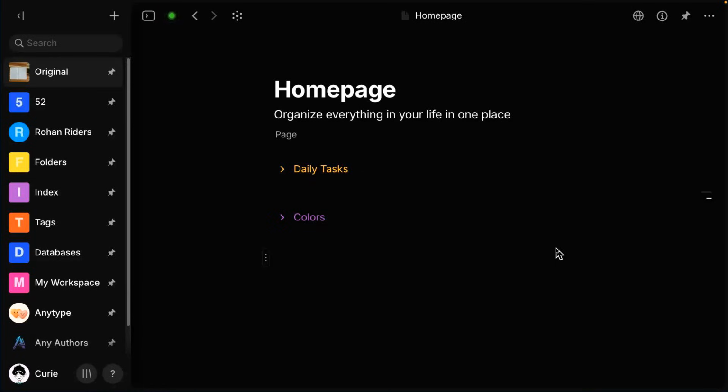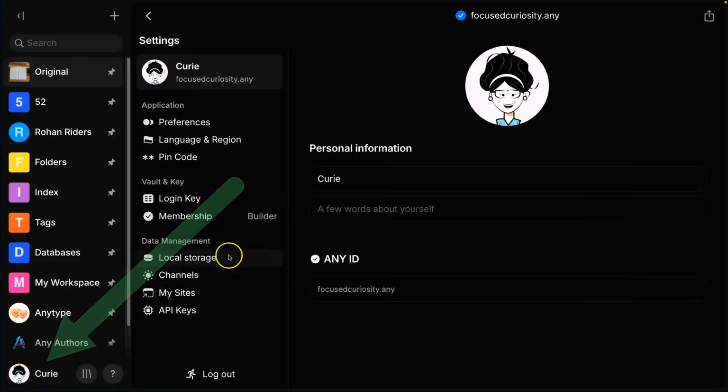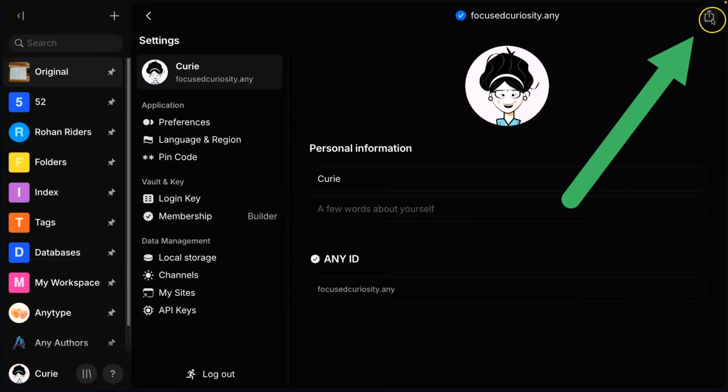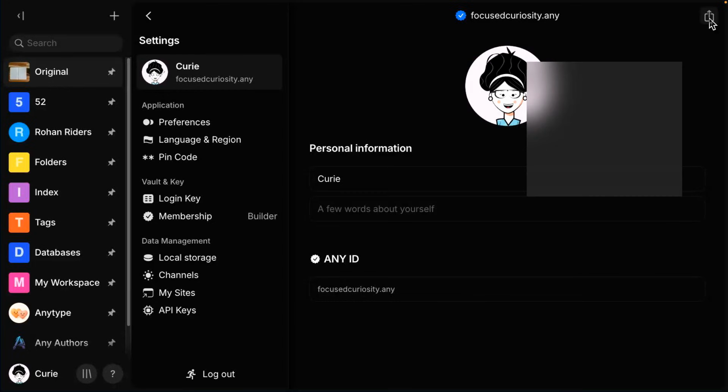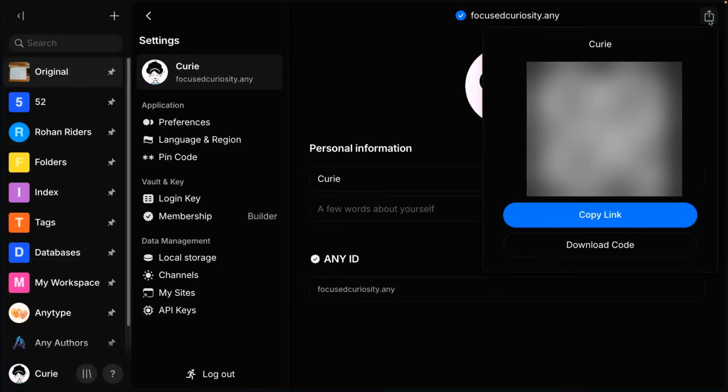Now there are two ways that you can start a direct channel. One way is to click on your Vault settings, which are in the lower left corner. When you see this little share icon in the top right corner, you can select it and you will have a QR code and an option to copy a link you can share with other folks via text or